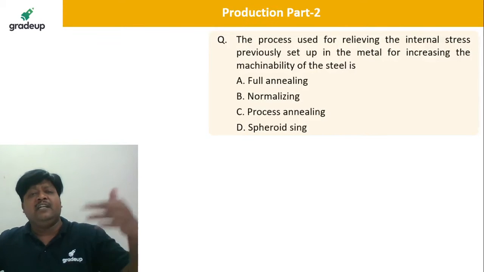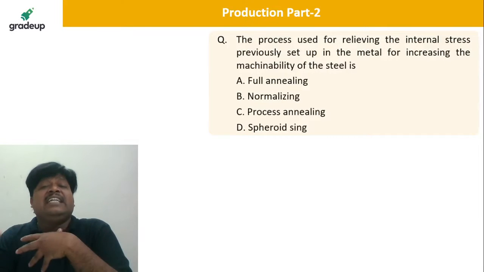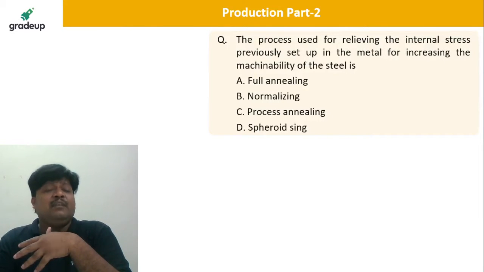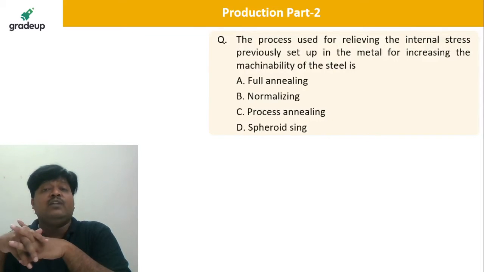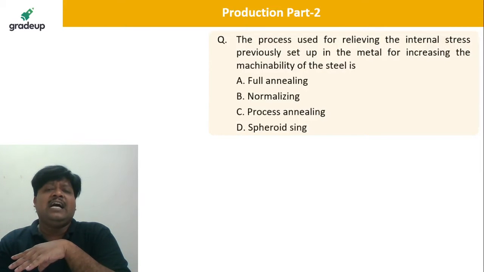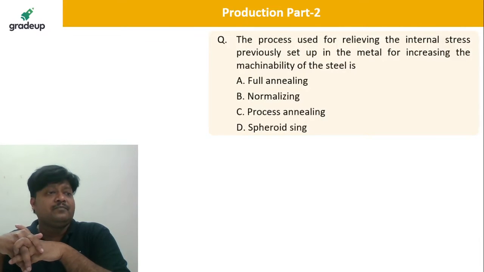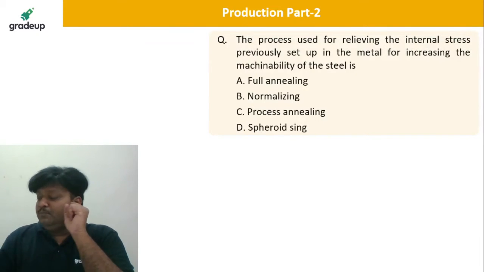And dear students, when you talk about full annealing, that is heating the material 50 to 70 degrees centigrade more than the upper critical temperature for both hypo and hypereutectoid steel, it is generally playing with the grain size. So grain size can be increased, the hardness decreases, ductility increases for full annealing. The thing is that in process annealing, the grain size is not going to change, only the residual stresses are getting relieved, and you are making the material ready again for machining with the improvement in machinability. So that is process annealing.